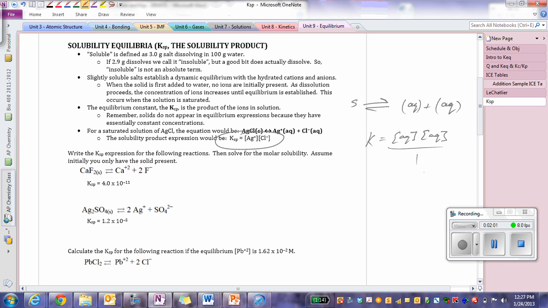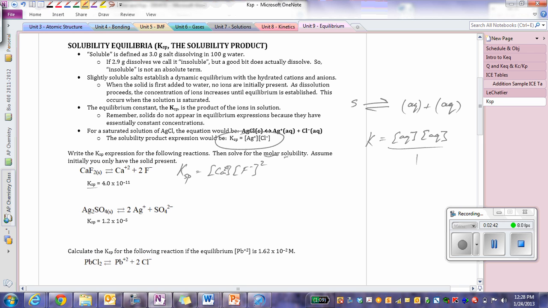If we look at calcium fluoride and write the KSP for it, you have the concentration of calcium times the concentration of fluoride squared. You still treat it the same way, there are just no reactants to put in the equation because it's a solid. In this case, they gave us the KSP as 4.0 times 10 to the 11th. We can figure out the molar solubility